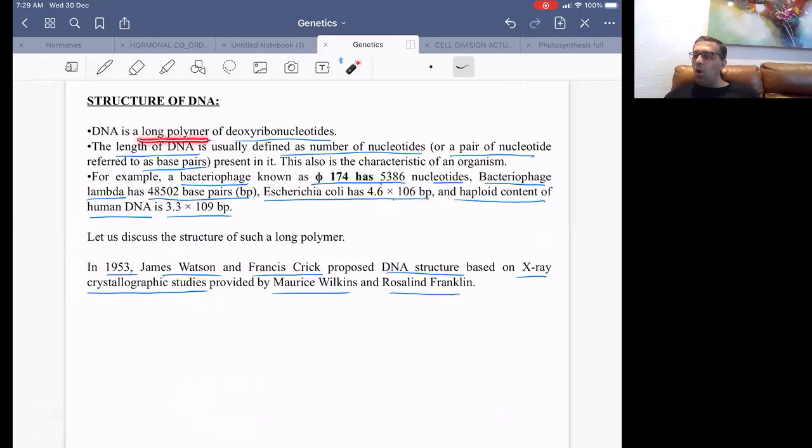The DNA is a long polymer of deoxyribonucleotides, and you have a bacteriophage called phi X 174, or φ174, having